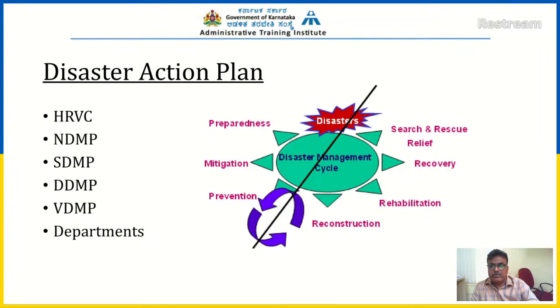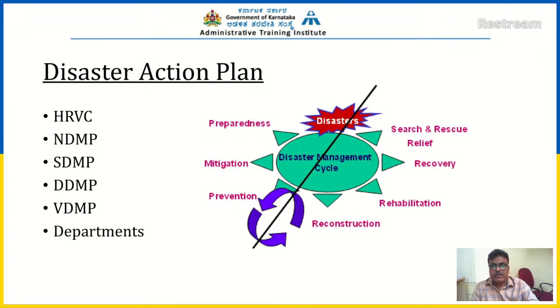different stages. The first step of any plan preparation is hazard, risk, vulnerability, and capacity analysis. Unless we do the hazard risk analysis, we will not be able to go ahead with the preparation of the plan, because we need to know how many types of hazards are there in the district, in the state, or in the country. What is the risk, how much vulnerability to different types of disasters, and what is the capacity available. We will identify the gaps and try to prepare the plan for all these stages.